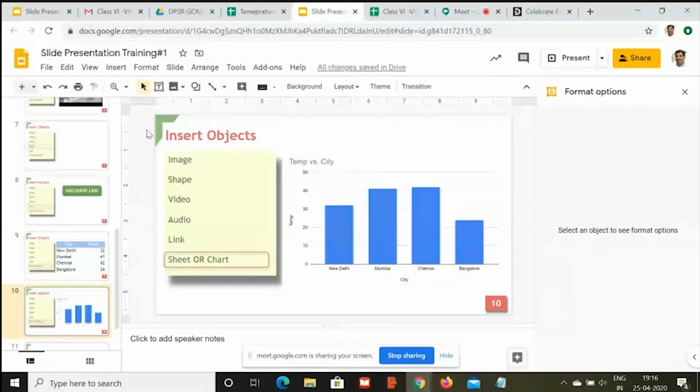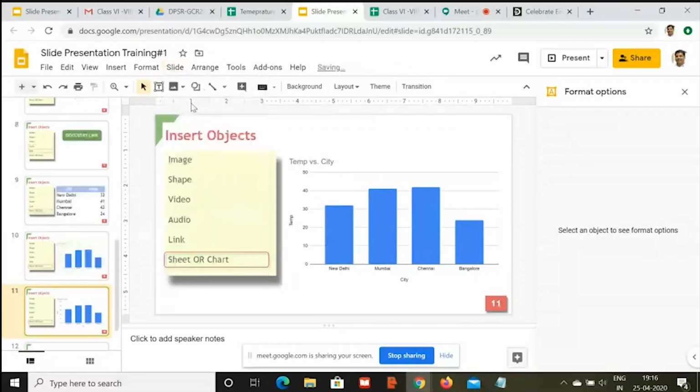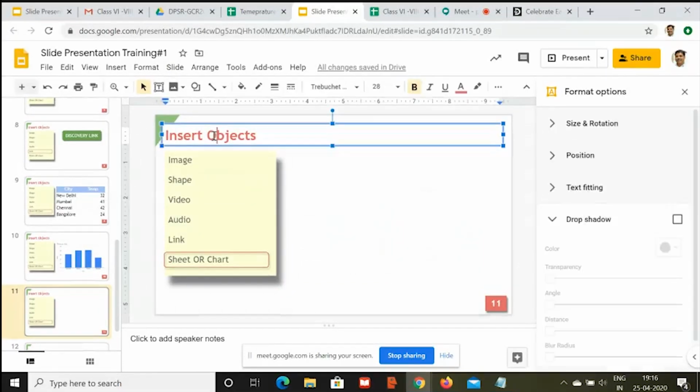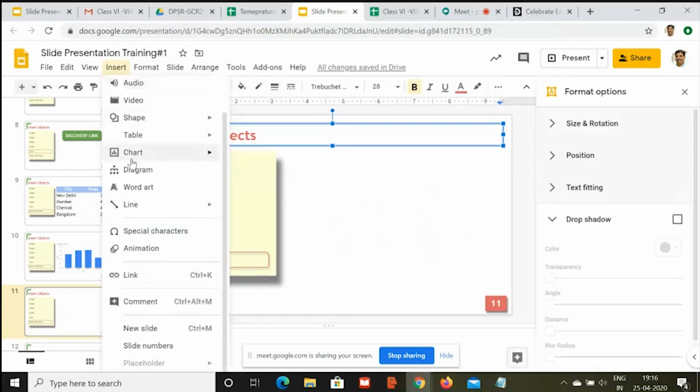Okay. Now there are some more interesting stuff left. Let me pick up those. Let me duplicate this, remove this chart from here, and then update these things. So what we are left with is very interesting stuff, which is diagrams. This is going to be very fascinating for most of the teachers. See what you can do with these diagrams. Anywhere you have any kind of surveys or any kind of hierarchical diagram where you are showing the president on top and then ministers and then below them district magistrates and all that kind of thing, if you want to make this diagram, it is going to help you a lot.